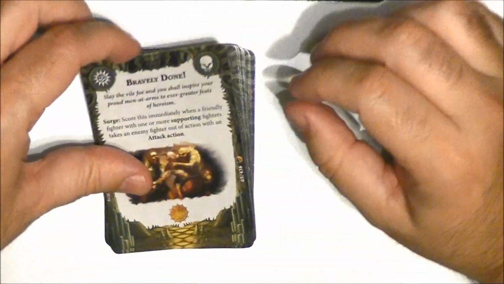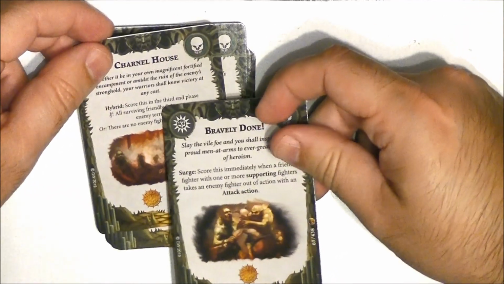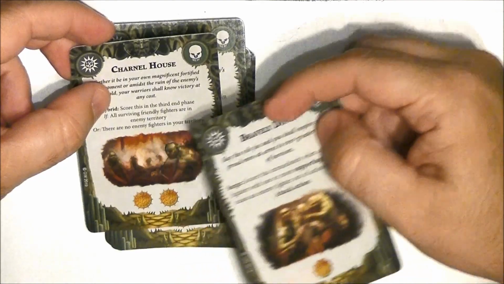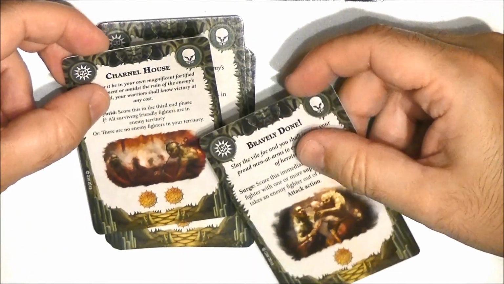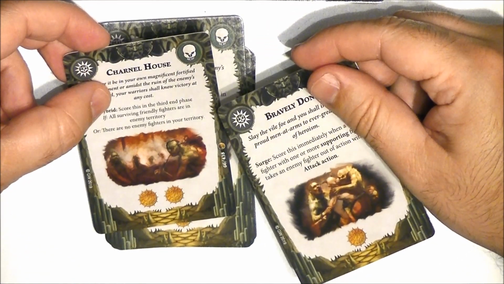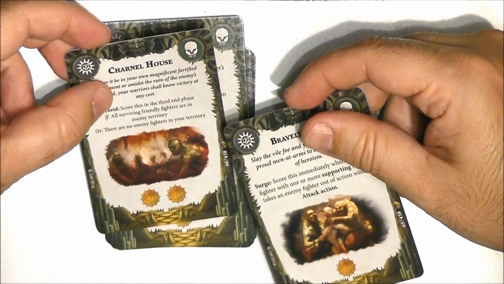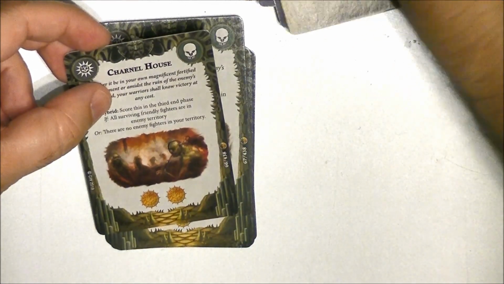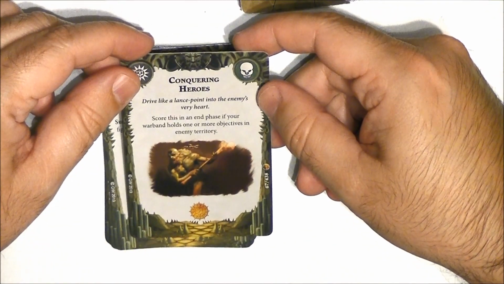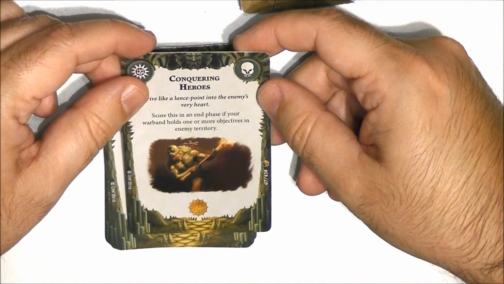Remember that now we have, for the immediate ones, it's called Surge. Then we have the hybrid, that you can do 2 of, so it is "if" or, right? So this one, for example, is quite interesting because it's like a denial and a conquest in one card. So if you do denial or you do conquest, you are scoring this objective. So quite interesting. Conquering Heroes: score this in the end phase if your warband holds 1 or more objectives in enemy